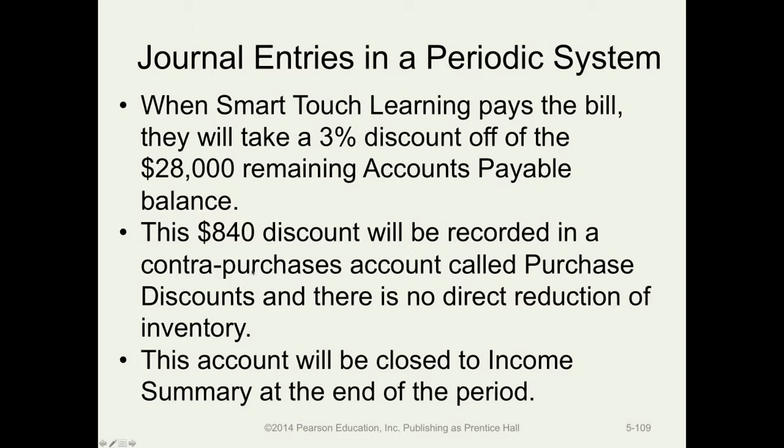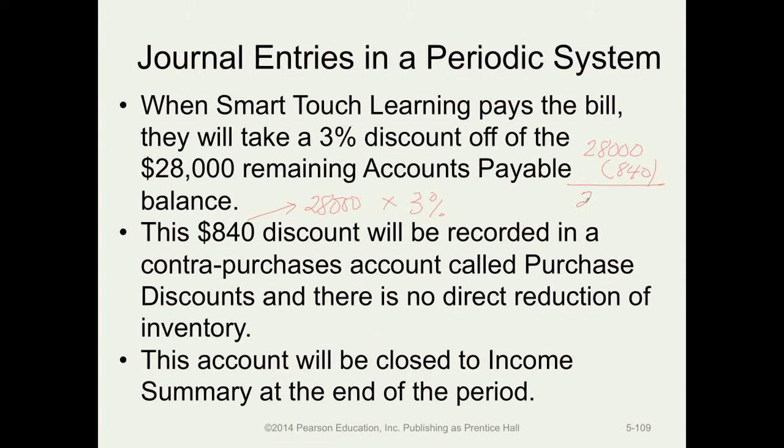Since they're getting a 3% discount, please remember that the discount is not affected by the freight. The freight is paid to someone else. This accounts payable is $28,000 for the merchandise only. You had $35,000, you returned $7,000, and therefore your balance is $28,000. And as a result, with the $28,000 invoice at 3%, you have a discount of $840. So that the amount that is due and payable is $28,000 minus $840,